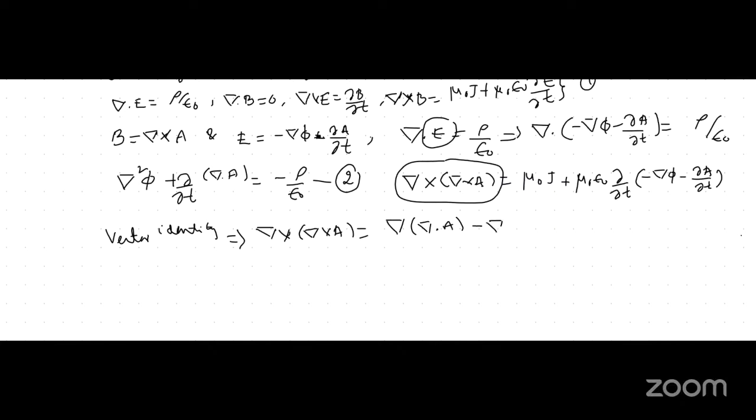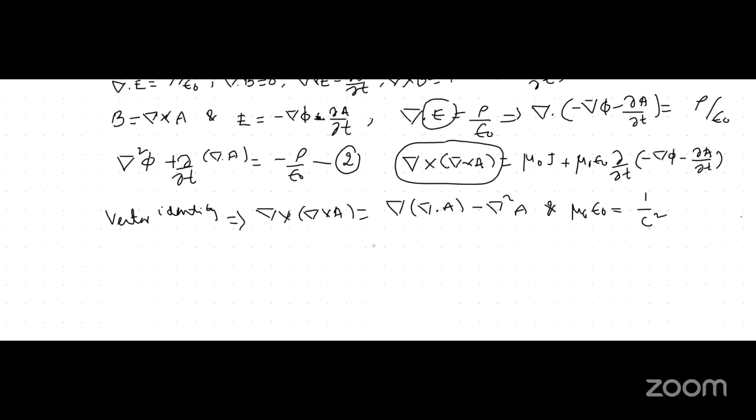So by using the vector identity, and also on the RHS, we have mu naught epsilon naught. By using the wave equation, mu naught epsilon naught is equal to 1 by c square. So now we are substituting these two values here. In place of del cross of del cross A, we substitute del of del dot A